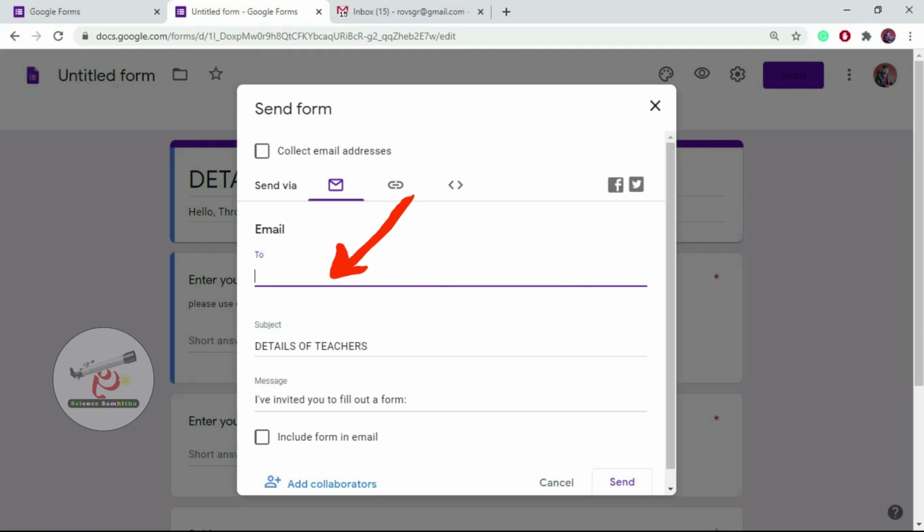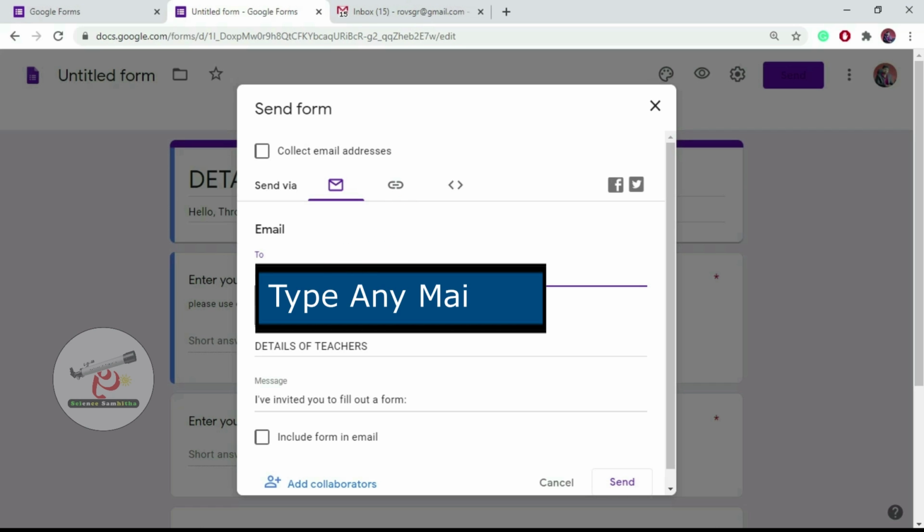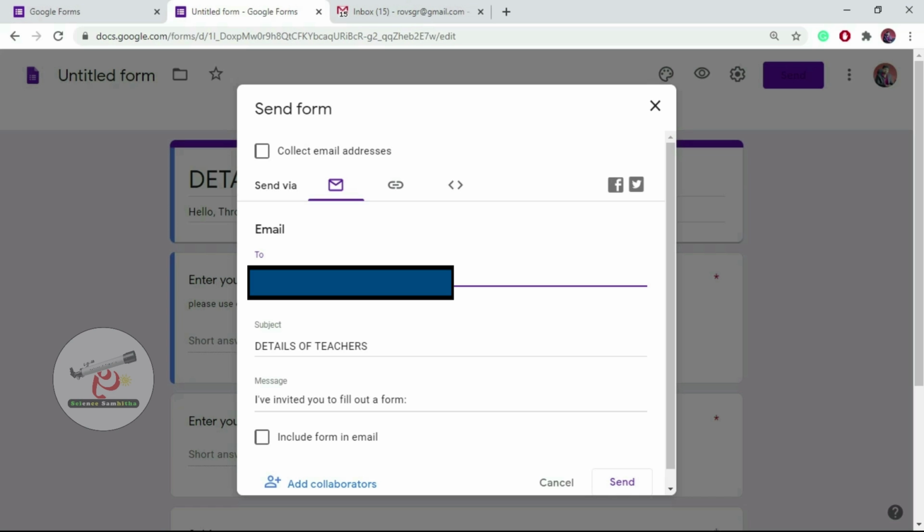For that, you need to have the email IDs of all your employees. So I'm writing the email ID of one of my employees. Subject: you can also change the subject here. So it is the details of teachers. It is taken from our form title.